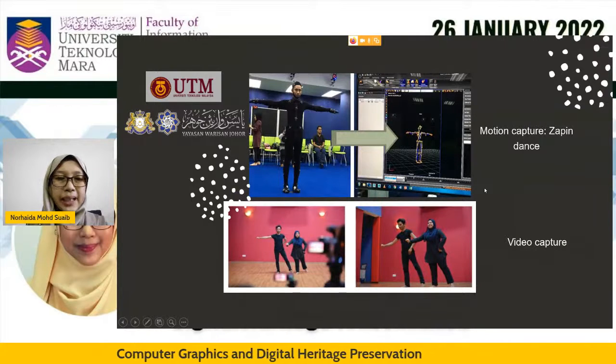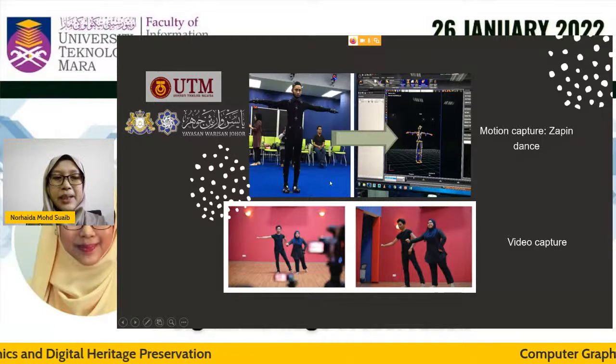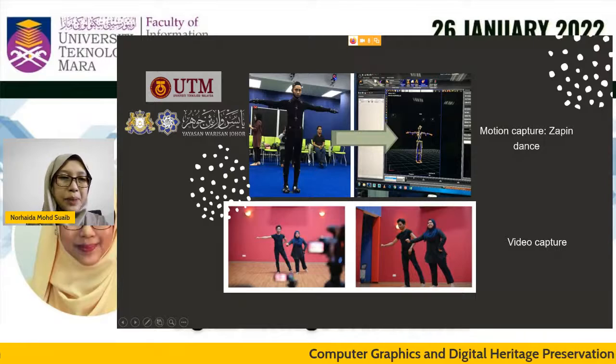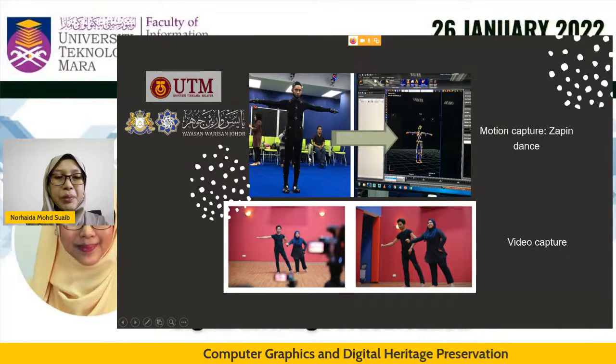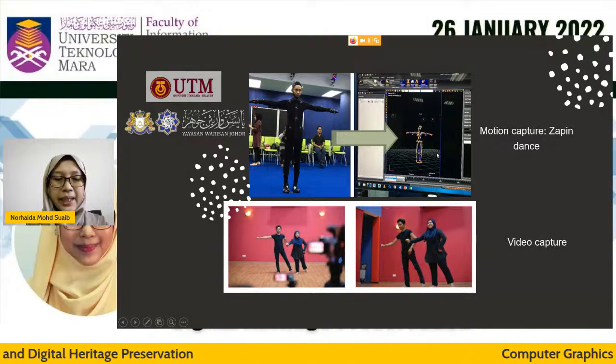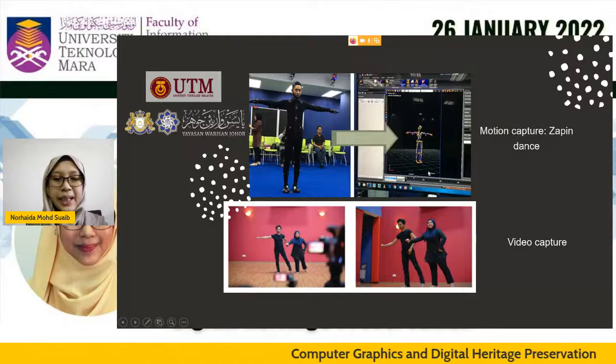And we also engage with another partner, KKTM, to do the motion capture data. So we have experts from Yayasan Warisan Johor to do the dancing. We capture the data with the help of KKTM, and we use this data to do further research, and also